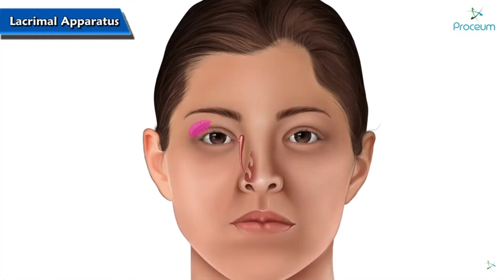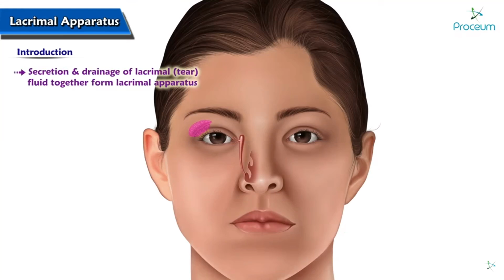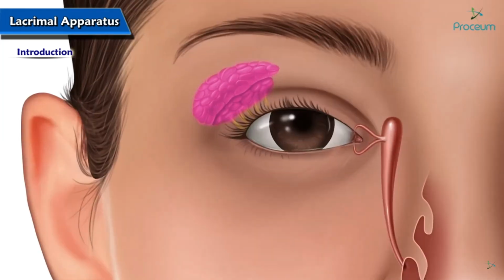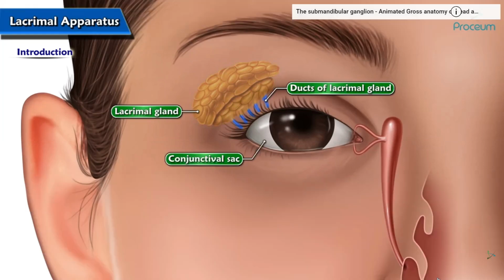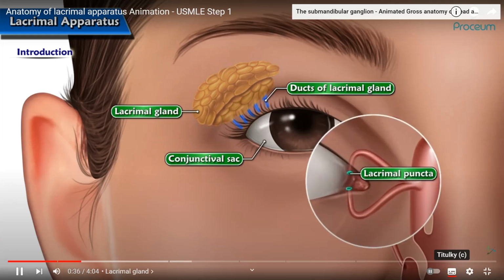Lacrimal apparatus. Introduction. The structures concerned with the secretion and drainage of lacrimal tear fluid together form the lacrimal apparatus. The lacrimal apparatus consists of the following structures: lacrimal gland, ducts of the lacrimal gland, conjunctival sac, lacrimal puncta,